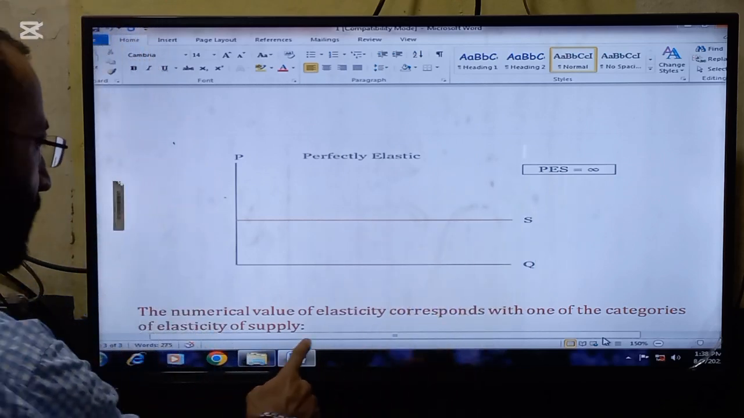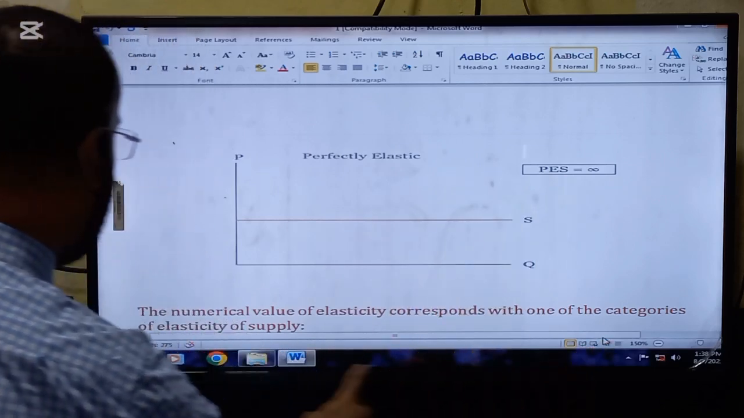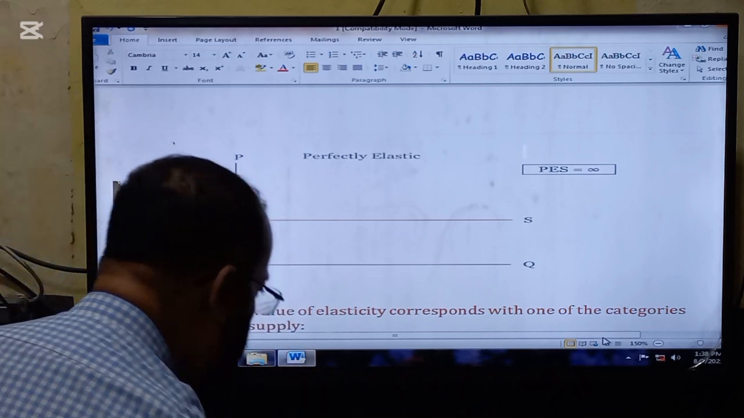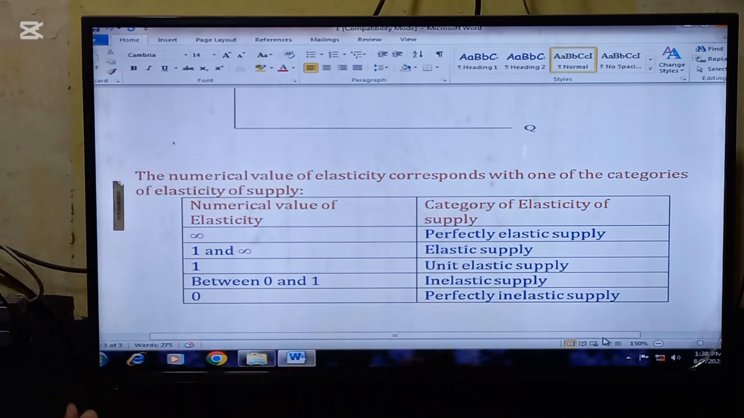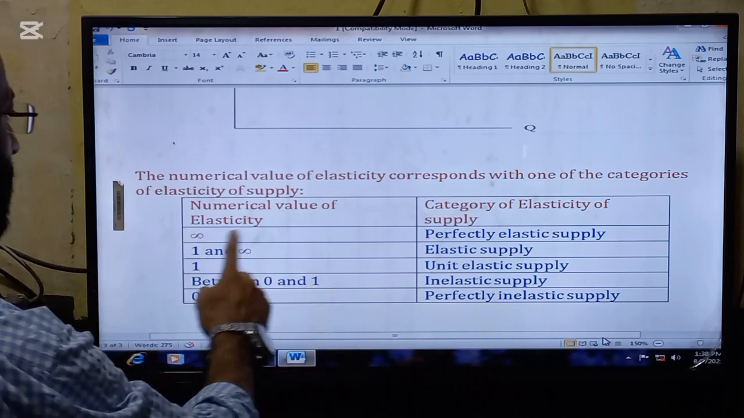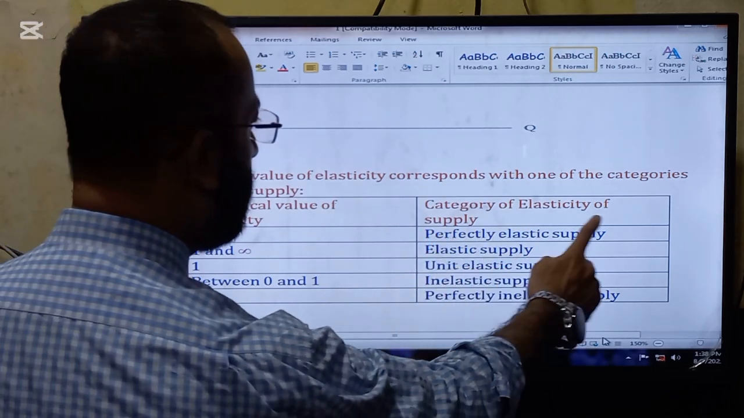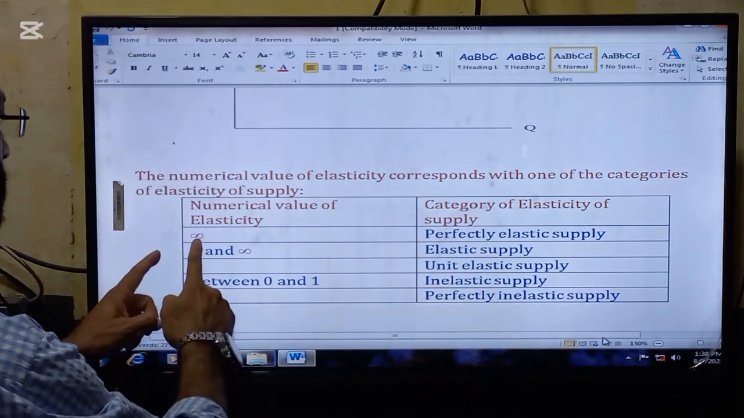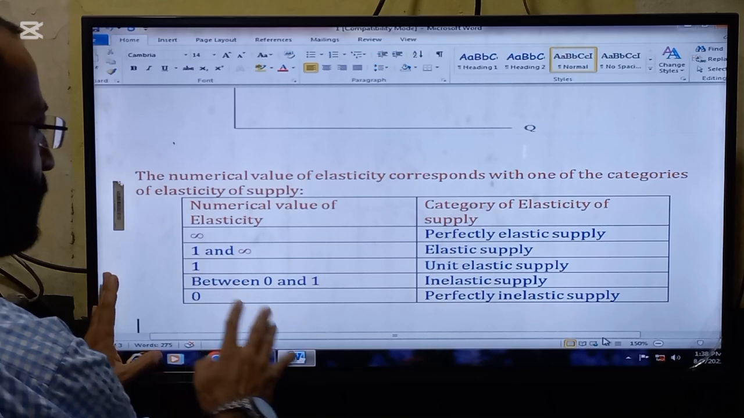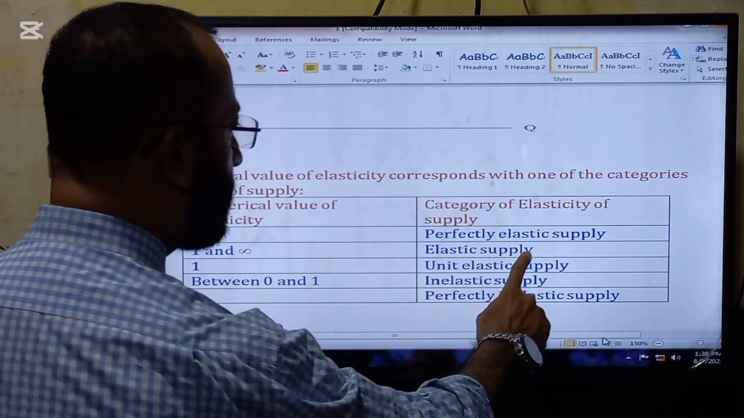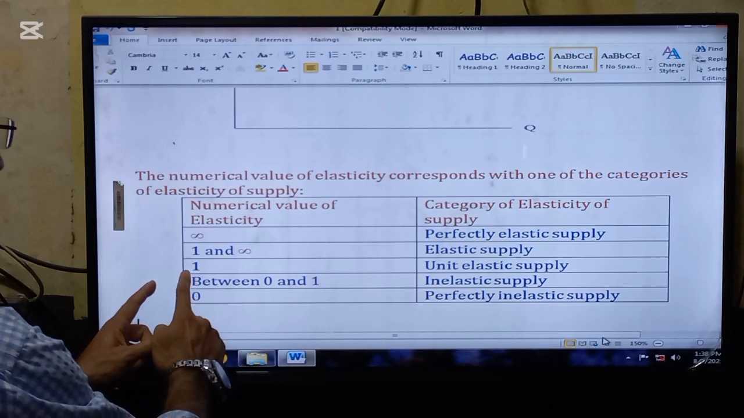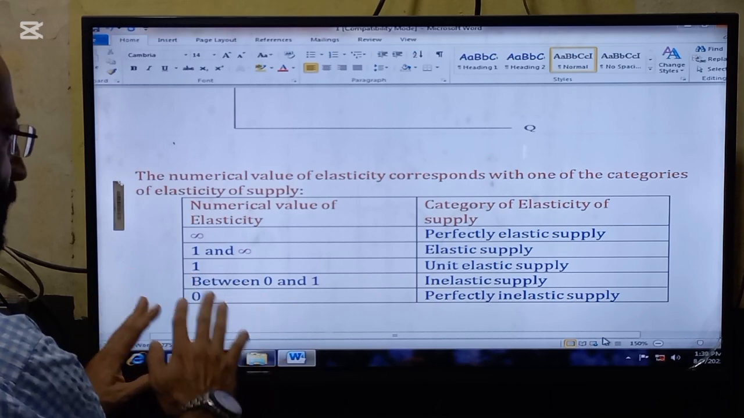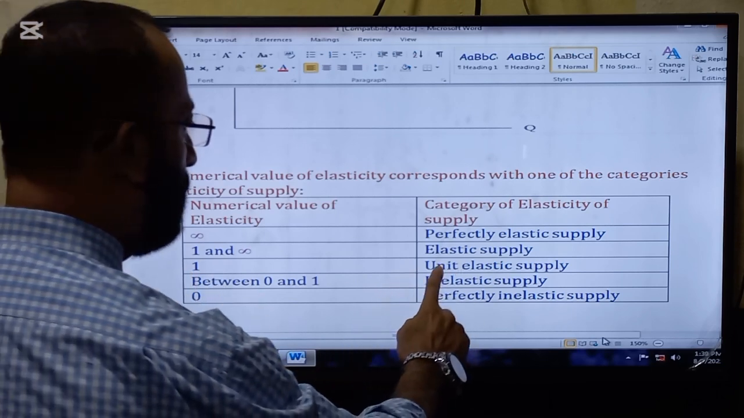The numerical value of the elasticity corresponds with one of the categories of the elasticity of supply. And here you will see a table now. So this is a short form, a very precise form. Here you can see the numerical value of the elasticity, and this is the category of the elasticity of supply. If the numerical value of the elasticity is infinity, perfectly elastic supply will be the category. If the numerical value is between 1 and infinity, the category will be elastic